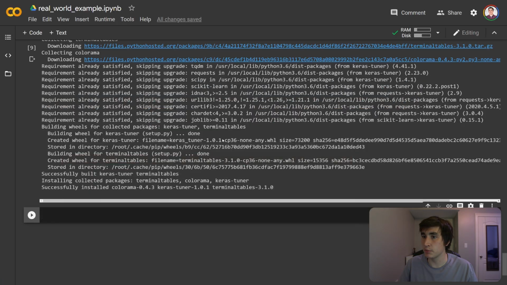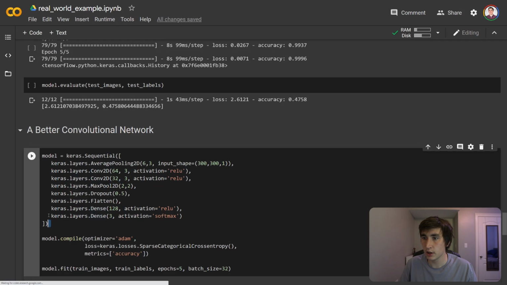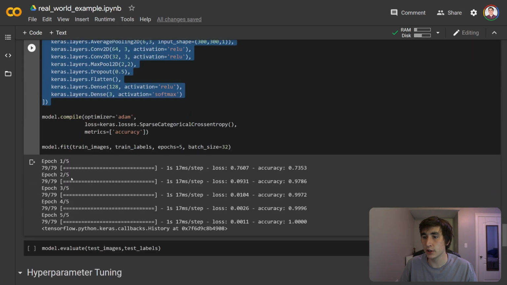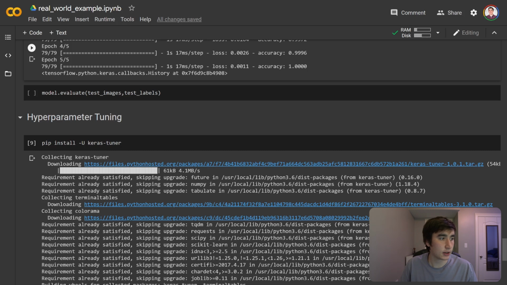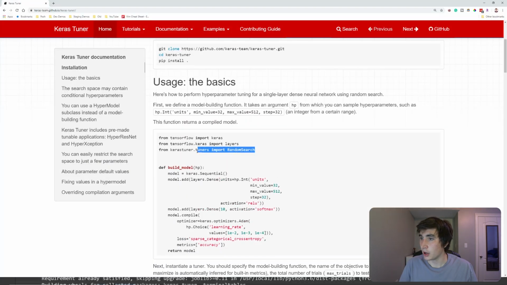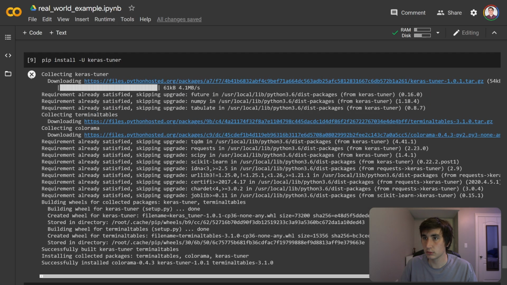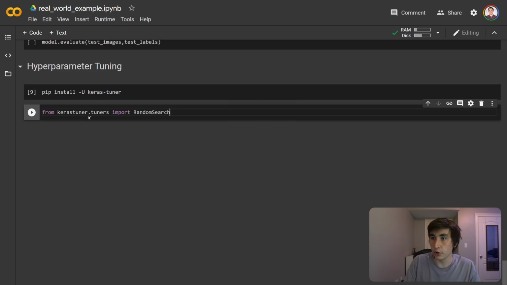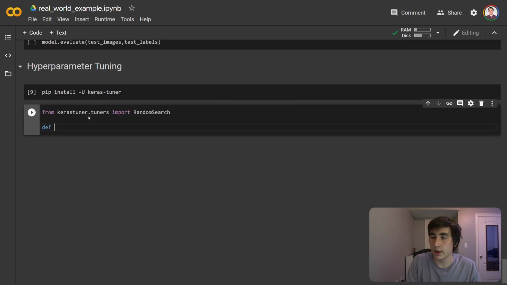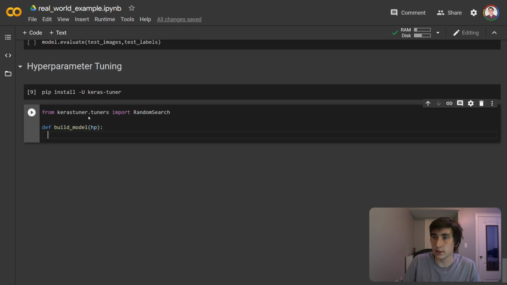So the first step is going to be to take our network from up here and rewrite it kind of in that format that they were using. So if we look back at that, the first step will be to import the random search. We've already imported the Keras and the layers. We want to import random search, and then we're going to define that build model with that hyperparameter variable being passed in. And I've actually already done this just to speed it up a little bit, the conversion to this different format. So our new model will look something like